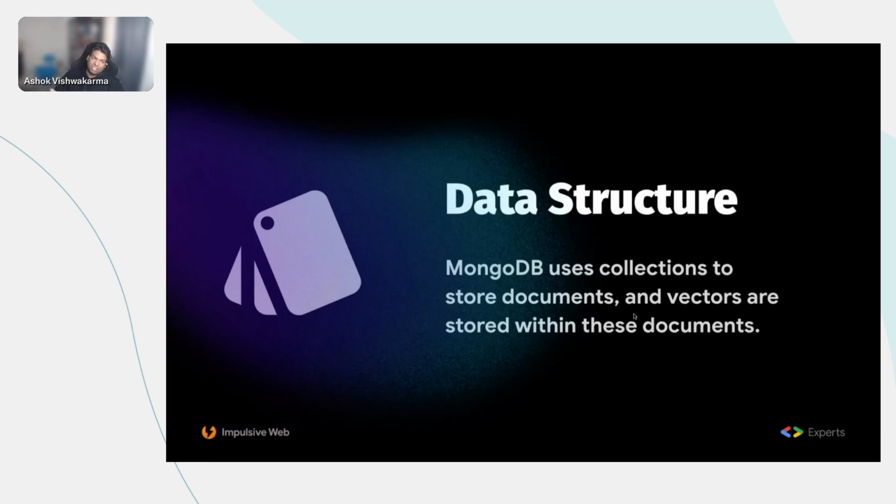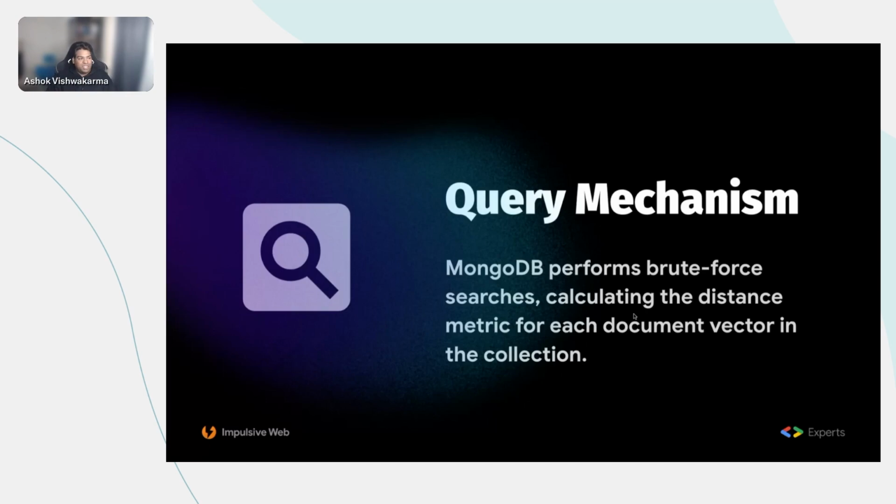So one is the data structure. In MongoDB, everything is stored in a collection and documents format, right? So your vector or your graph will also be stored in the same fashion. So there is no native implementation, and that is a big challenge. The other one is the query mechanism, how you are extracting information from the database,